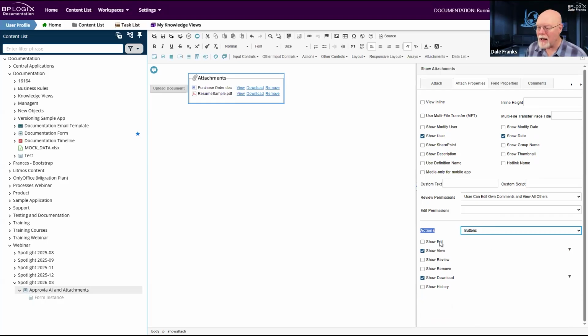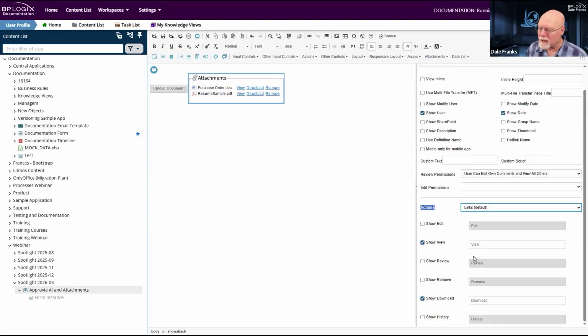Moreover, when you set it to buttons, one thing I should mention, whether you have it set to buttons or links, it doesn't matter. You have the ability to do a lot more editing. Obviously, the checkboxes are still here, so you can still show and hide certain options if you want. But you now have the ability, even if you use the links, to change the text that is displayed for the link, which you could never do before. So in this case, I have show view checked. The ones that are unchecked, of course, are all grayed out, so they're disabled. But show view is checked. The default text is view, has been for years, but you can now change that text.